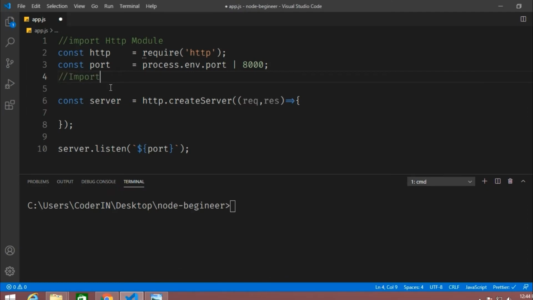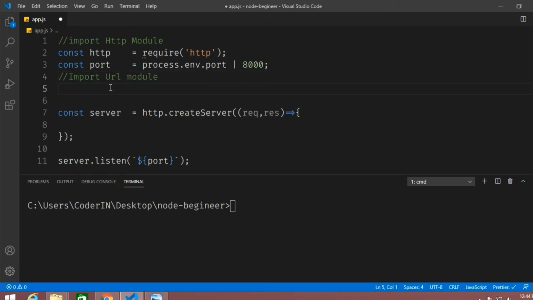So guys, before using this URL module, we have to import the URL module. And before starting, I'll tell you, you need not install any plugin for this as it is a built-in module. You just need to use require with the name of that particular module, that is url. Now, let me check.